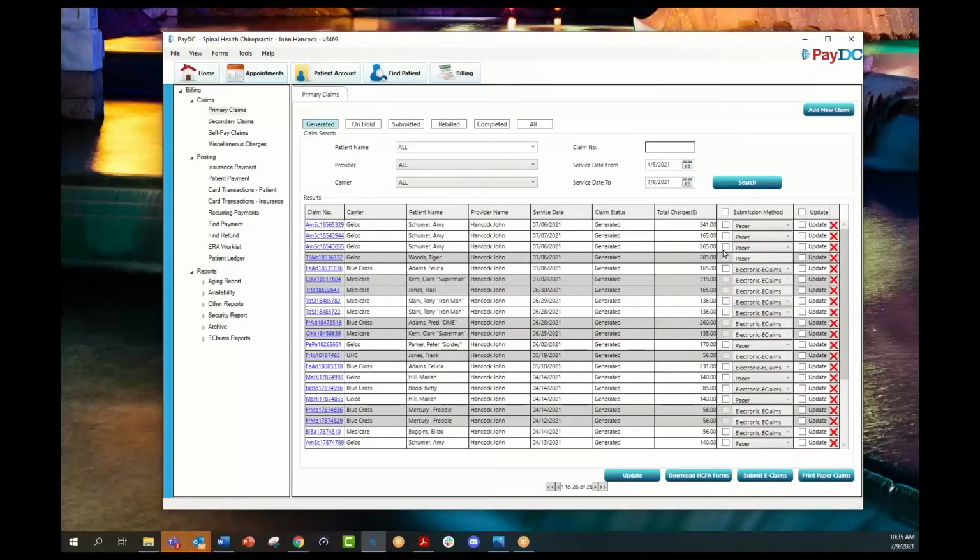Okay. Let me add a couple pieces there. If you notice that it generates the claim form itself, you no longer have to purchase the claim forms and print on the claim forms and worry if your data is falling into the right boxes. This is all a one-stop shop on that claim form if you need to print out your claims, such as